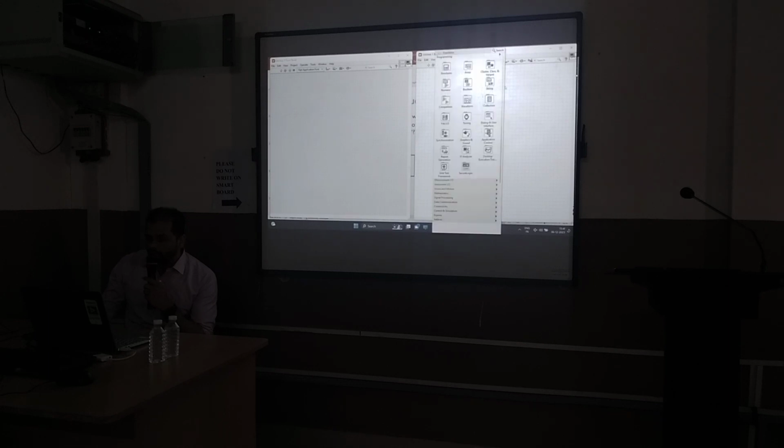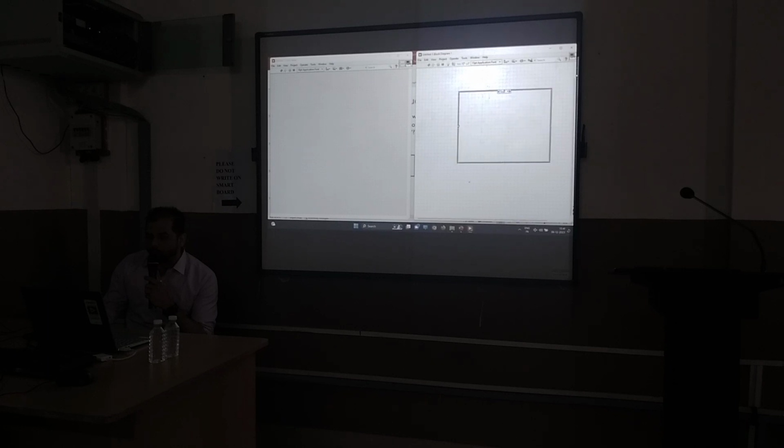Again, on the block diagram, in the structures submenu, you will find the case structure. Just drag and drop it similar to the while or for loop. Now here you can see a question mark symbol, and by default it has two cases, true and false. You can use the left and right arrows to swipe between the cases.